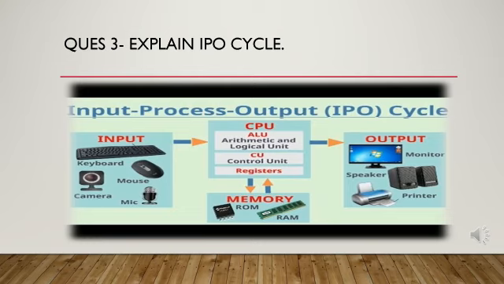And the third is control unit. CU controls the functioning of all the components of a computer such as ALU and registers, and handles the input which is given by the input device, and processes it, then sends that processed data to the output device for display on the monitor. Output is in the form of a soft copy or a hard copy.